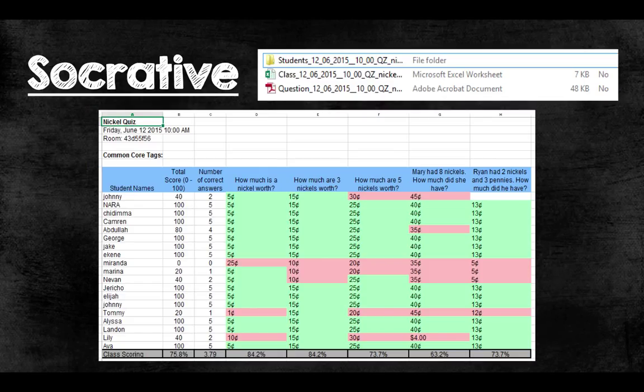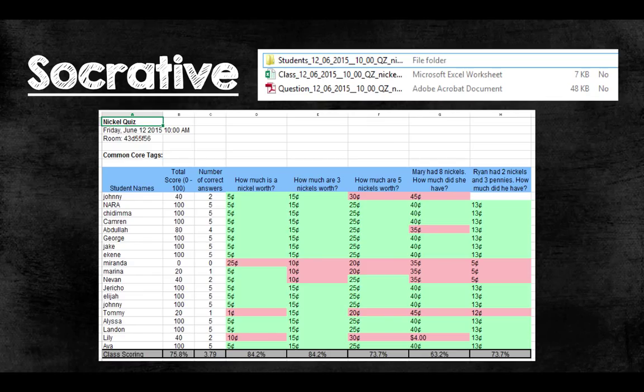After your students complete the SoccerTip quiz, SoccerTip allows you to download a couple different types of reports. You can see up top the 3 different reports that you can get. It'll give you a file of each individual student report. It will allow you to access a class Excel sheet of the quiz, and then it'll give you a PDF